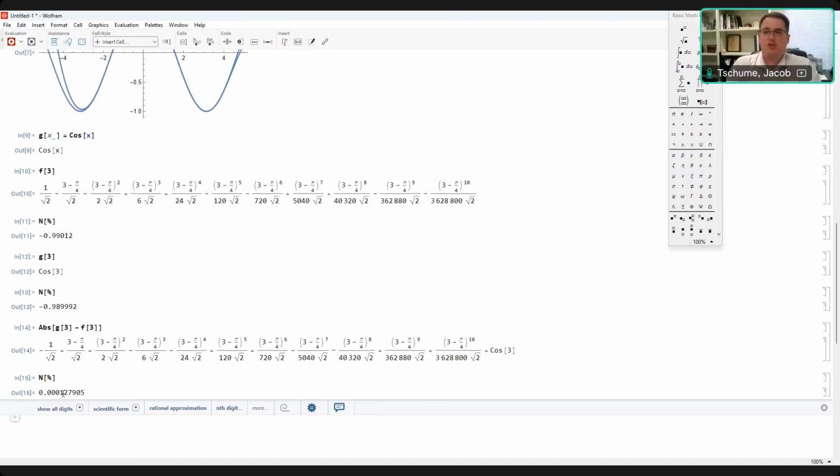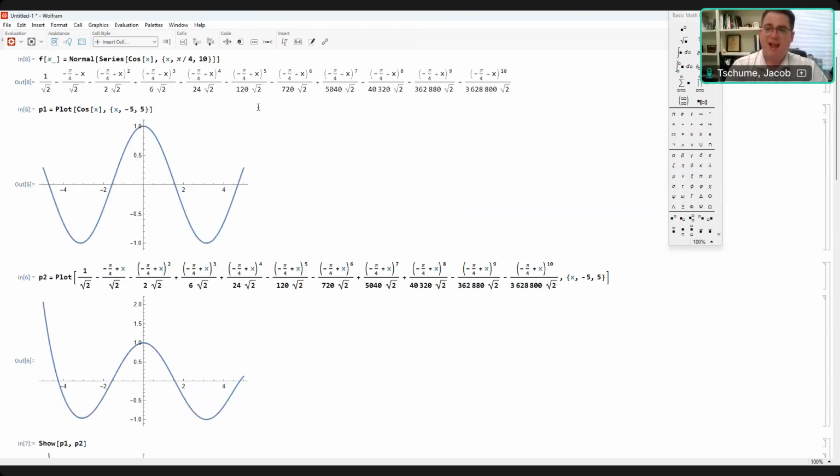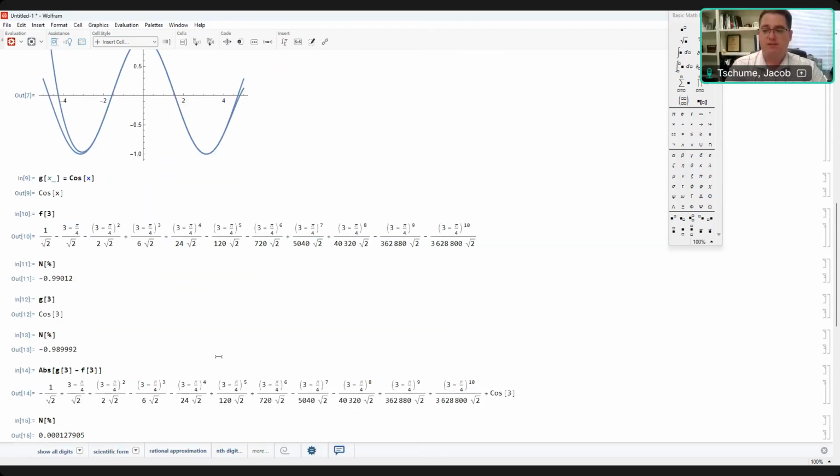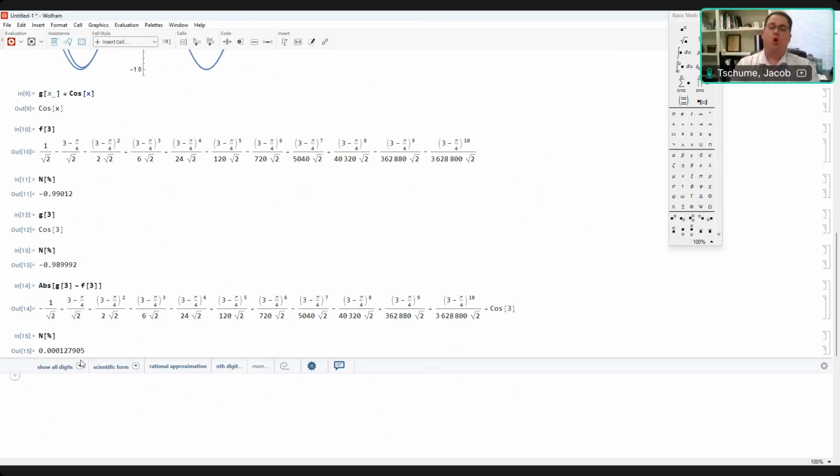As we discussed during lecture, you could go all the way out as far as you want to. So for example, and I'm not going to do this all the way back out again, but if we were to add more and more terms to these, we would get a more and more accurate representation. So much so that if you were to go all the way out to the infinite term, you would actually get the exact answer without any error at all. And so what this shows in Mathematica is that Mathematica can calculate a Taylor series or a Maclaurin series very quickly. It can calculate a very high degree of these two series,